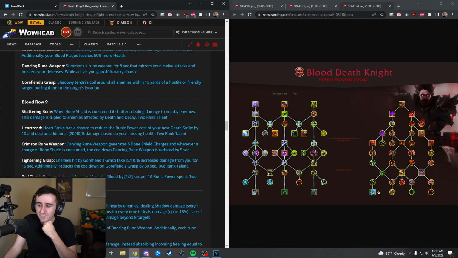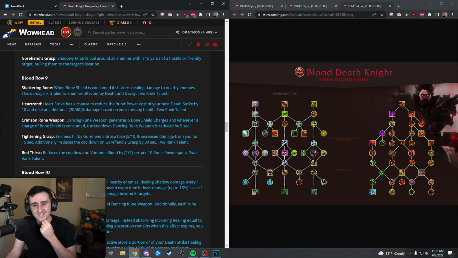Okay, so we got to go here for AoE damage. I see. But otherwise, yeah, just again, some pretty strong effects. Red Thirst, a talent that I like a lot right now. Crimson Rune Weapon, that's the legendary that we're using right now. Heart Strike,